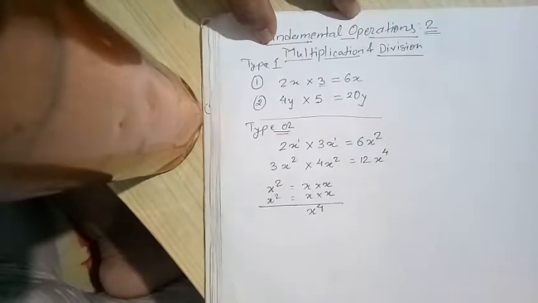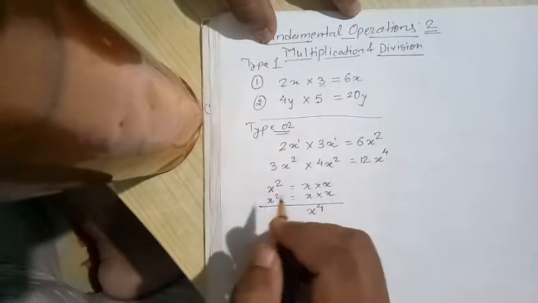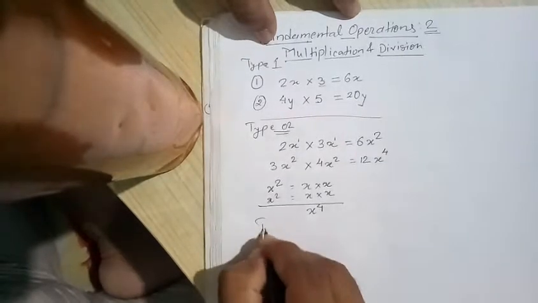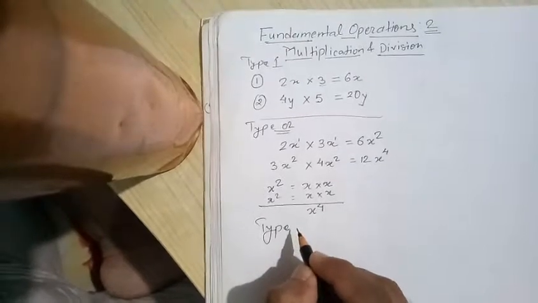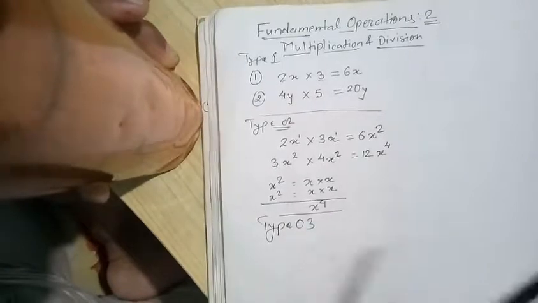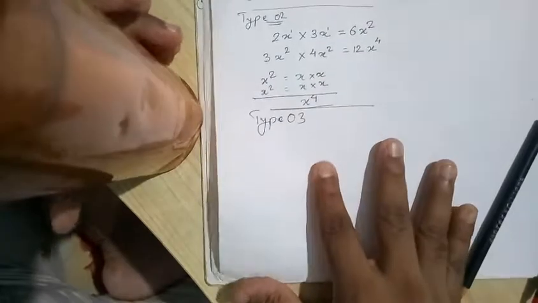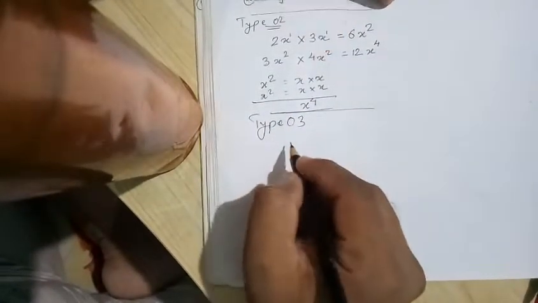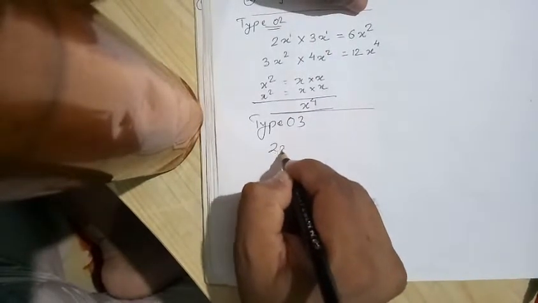As you understood, in the next type of question you have to add the indices in the multiplication. Now we have type number 3. It comes very simple, it comes like this. Suppose we have this time 2x